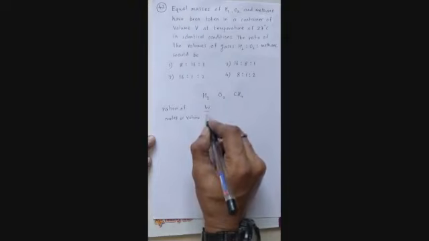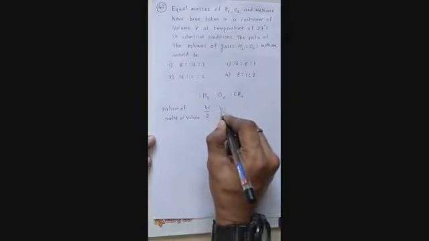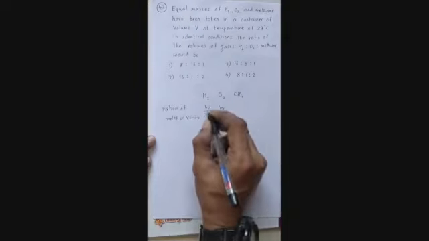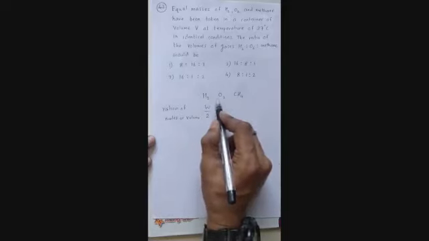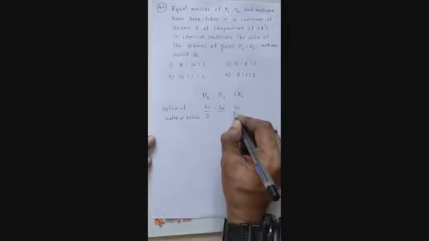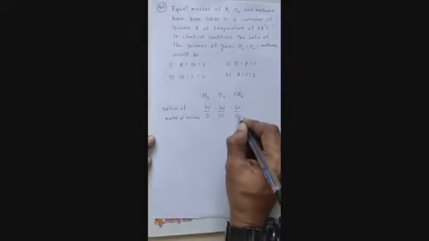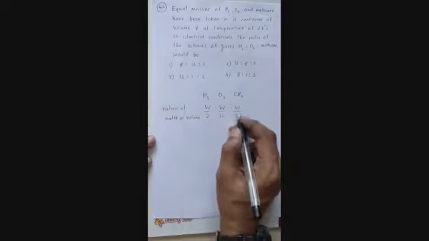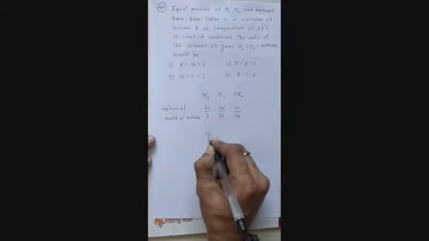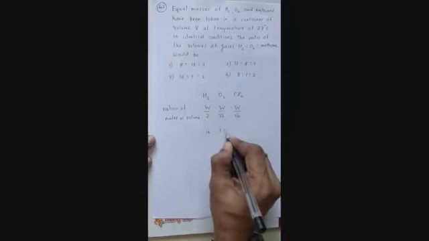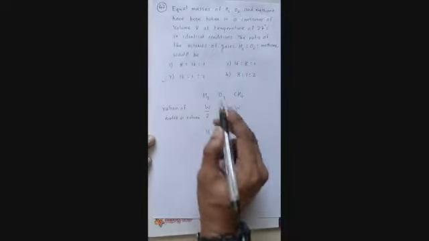The molecular weight of hydrogen is 2. Weight, I am taking W only because the masses of all the three are the same. So the numerator is going to be the same, only the denominator will change. The molar mass of oxygen is 32 and that of methane is 16. So this ratio is basically 16 is to 1 is to 2. So your answer is option 3.